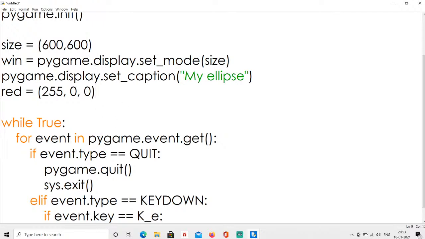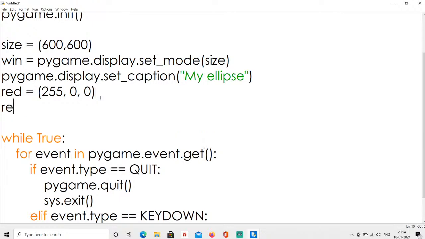Now see what to do. The rect is the surface, rect equals, I need to write it in this way, say 100, 100,